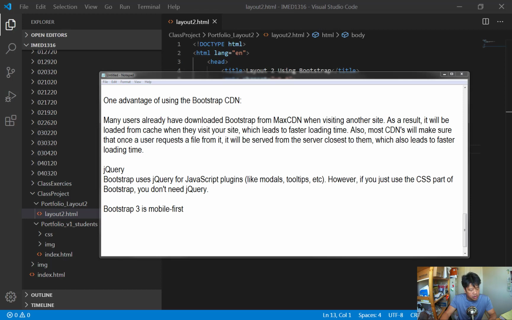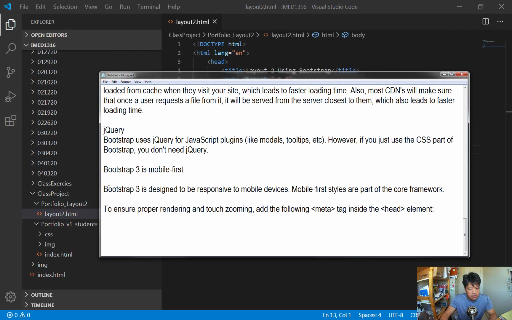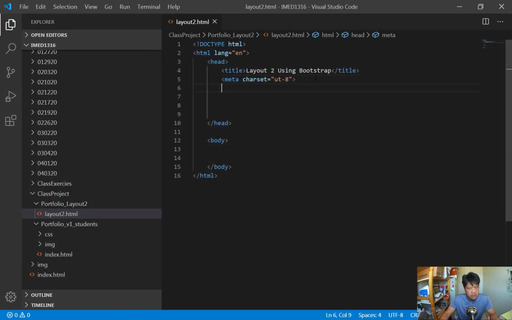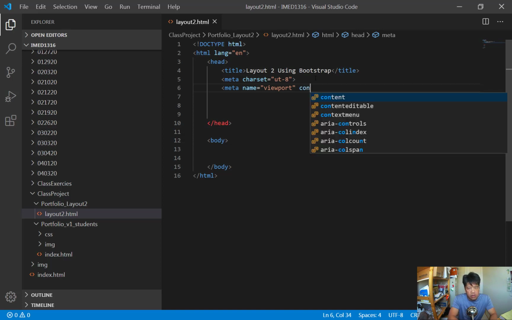So you're going to add in one more line of code. A little background on this: Bootstrap 3 is what you're going to start out with, and there are two things I need for you to know. The second line of code I need for you to use is your meta tag, meta name, and the attribute you're going to use is viewport. It allows you to pinch and widen, how we use our phone. And we're going to do content